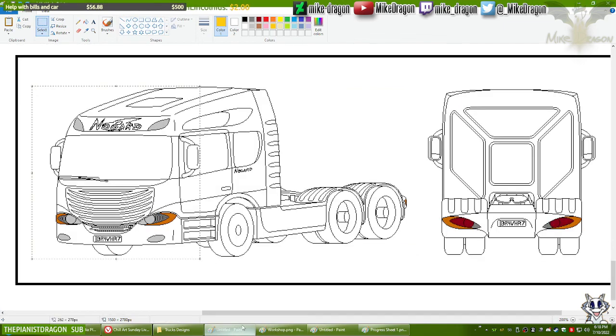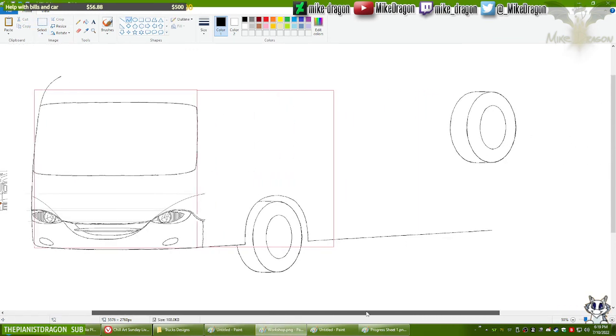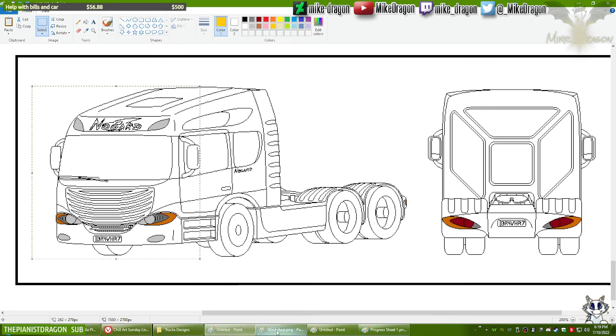Now let's see what next. The stairs. No, maybe I should do the door.